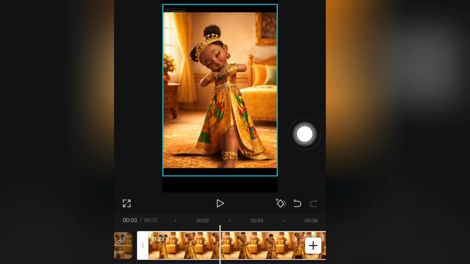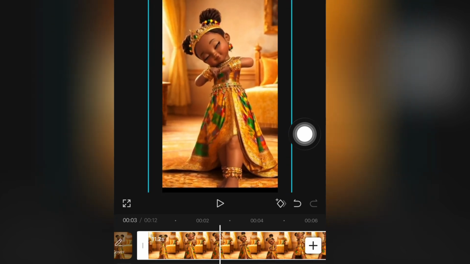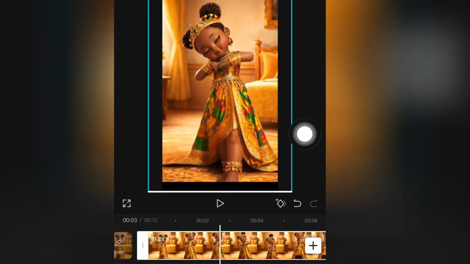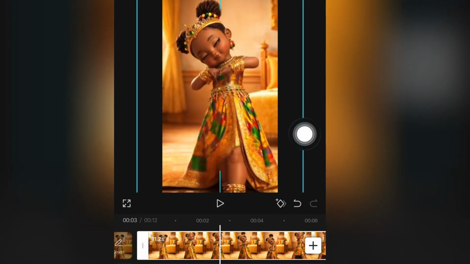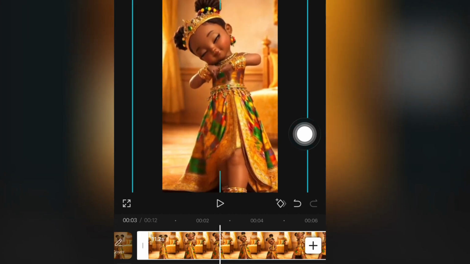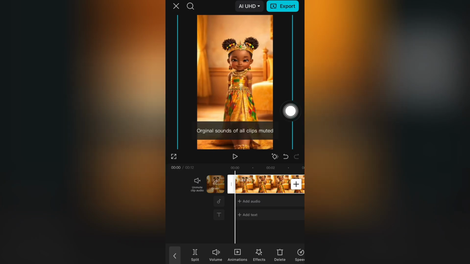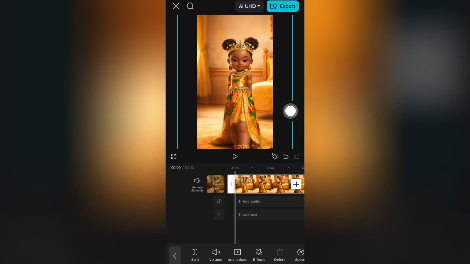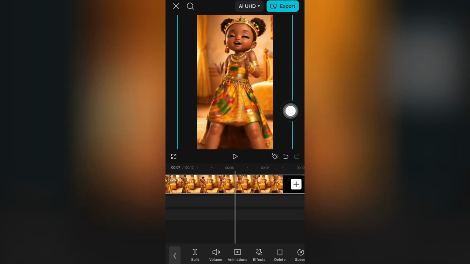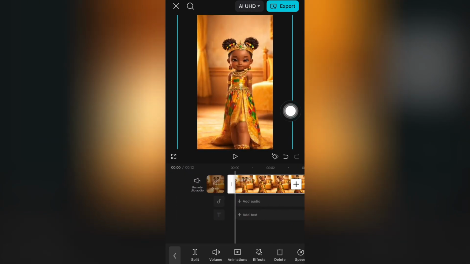Click on the video and use your two fingers to pinch to zoom the video so that the black borders will go away, just like this right here. Now when you are done, you can simply export the video again. So just watch through the video, you can see everything is cool. You can simply export the video again and the borders will go away, so that we can post it